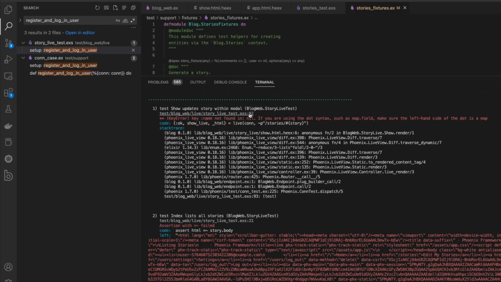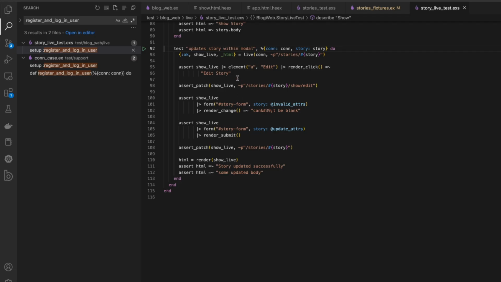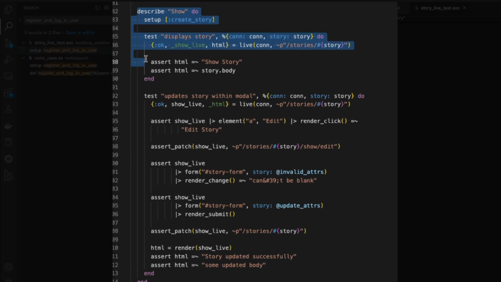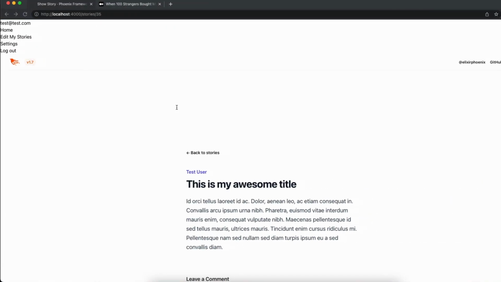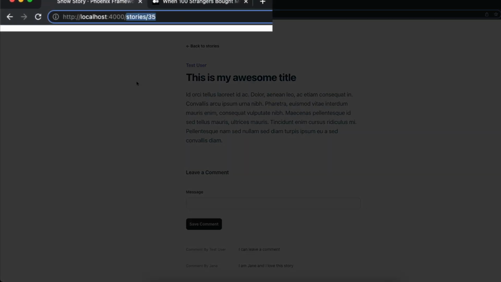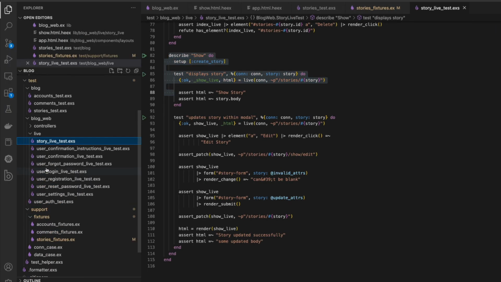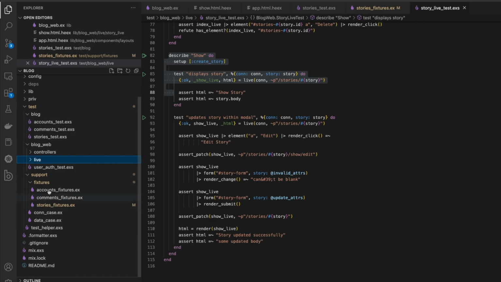If we go here, we have a failing test on story live test line 92. Let's click on that one and see what this is. This is update story within modal, and this is inside the show. So we are not using the show to edit stories anymore. If we come back here, this is essentially our show endpoint, so /stories and the number. So if we come here and we go to our router in blog web,